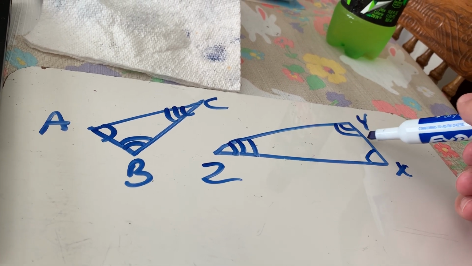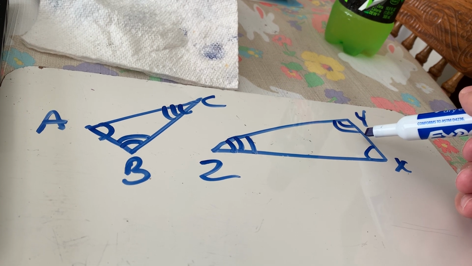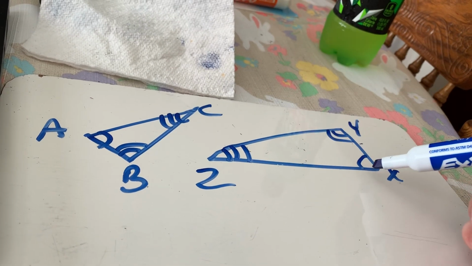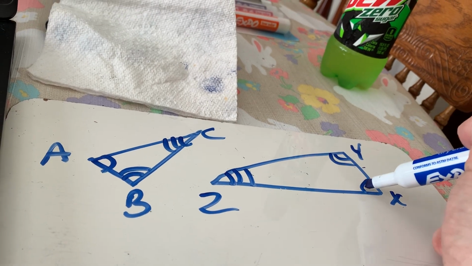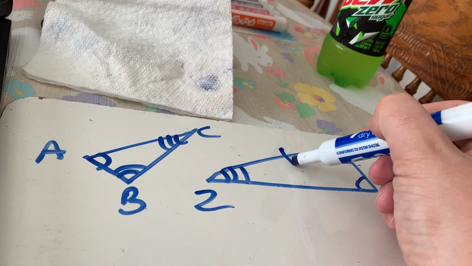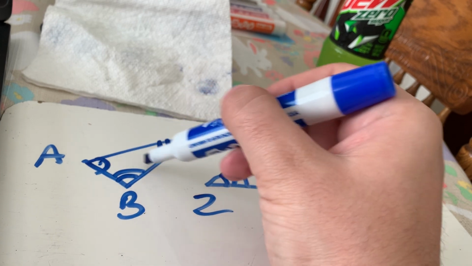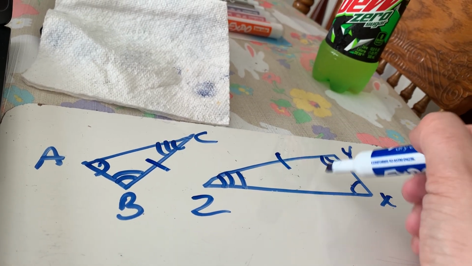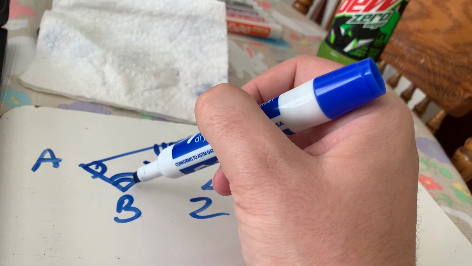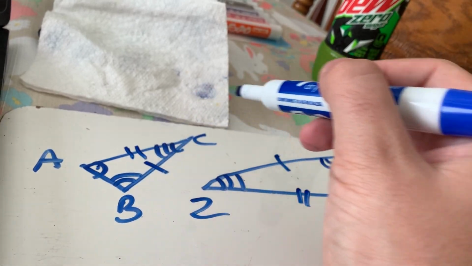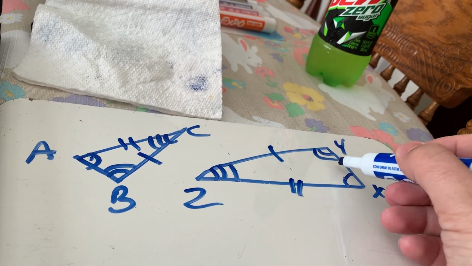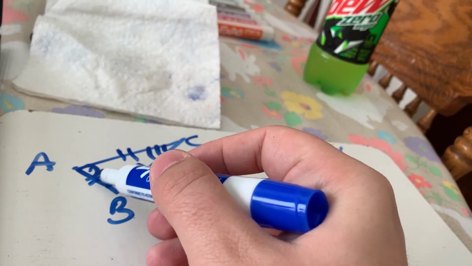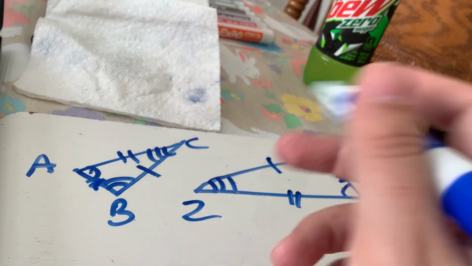The side that's between angles 1 and 2 is what you could say that those are going to be congruent. Or, again, if you go across, which is what I'm going to do, the side across from here gets the 1 mark. The side across from here gets the 1 mark. So those are congruent, okay? The side across from here gets my 2. The side across from there gets my 2. And then the side across from here gets my 3. Again, I have a hard time fitting that in, but my 3 goes right there, okay?